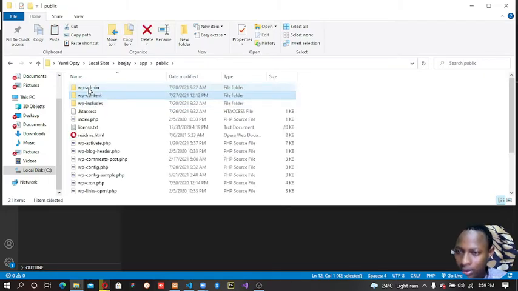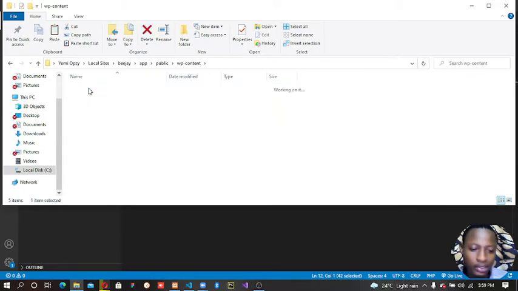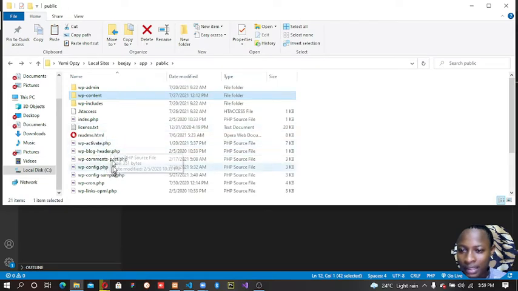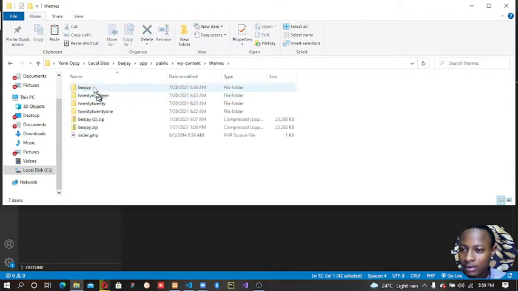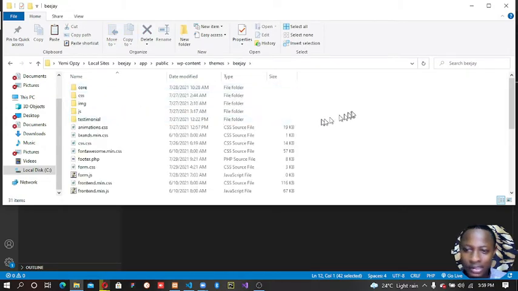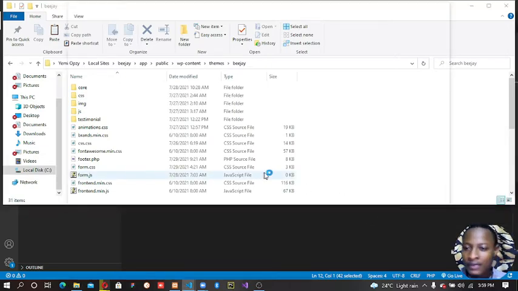So this is actually some kind of WordPress backend. You can see that we have .php in all the files. If I go to theme, BJ, this is actually a theme that I built myself. If I open with code,